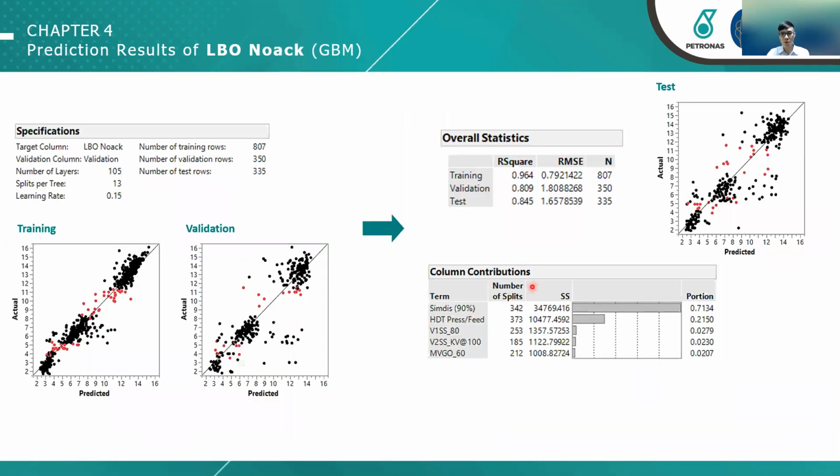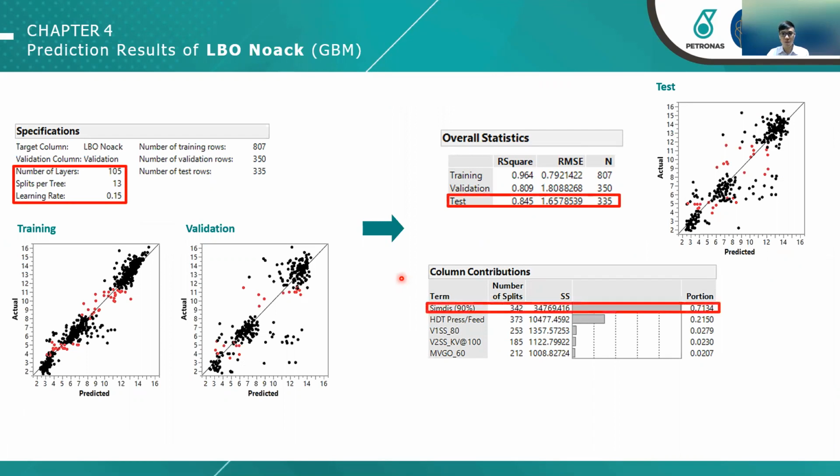Next up is the prediction of Noack volatility. With the following specifications, the model is trained, and the actual by predicted plot here seems to fit nicely for this case with a test R-square of 0.845, which is considered good. The simulated distillation in this case is the key predictor for Noack, which agrees with the presented literature and the